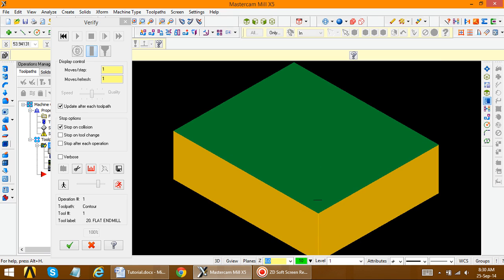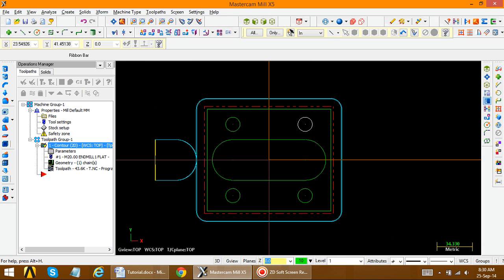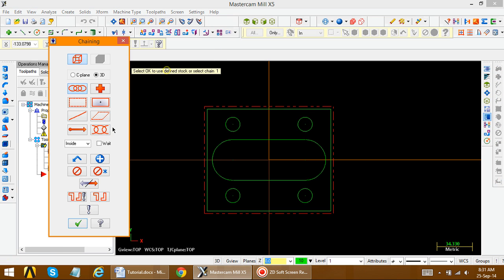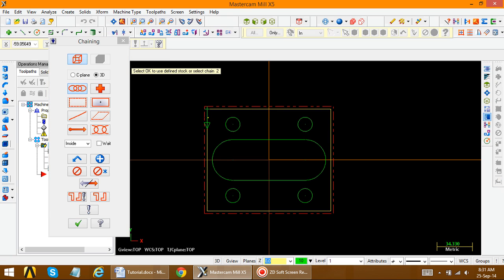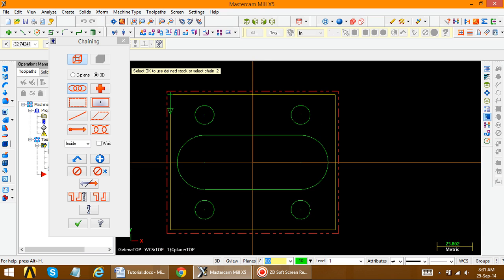Next, we have to perform facing of this operation. Facing over here, because this one is our finished job. So we have to again finish over here also. So for that we perform the facing operation. So just top, and if you want, then hide the tool path. Okay, so go to tool path, face, again face we perform over here also. So chain, select chain. Again the condition is that all the selected parts should turn from green to yellow. So here it is yellow.